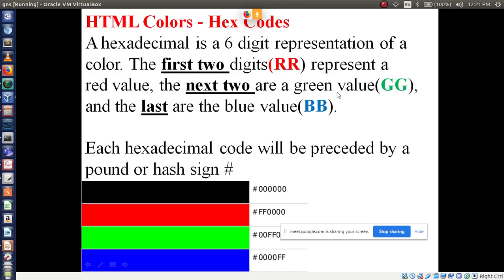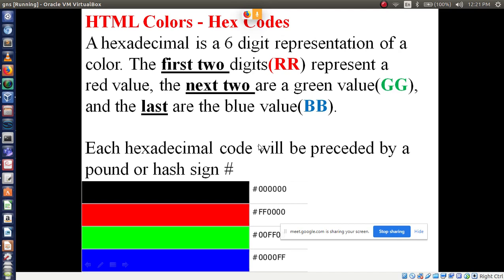Then another method is hexacodes. Hexadecimal is 6-digit. How many digits? 6 digits. See, black color I am representing like this. 6 zeros I am using, 6 zeros preceded by the hash symbol. The first 2 digits represent red, and the next 2 are green values, and the last 2 we can call blue values.